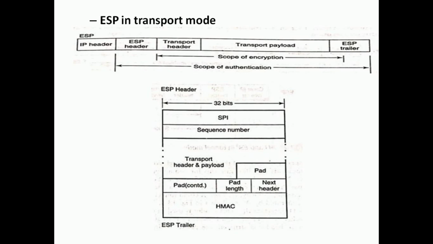MAC is included in the trailer of the ESP packet. The MAC field in the IPsec packet is only 96-bit. So only the 96 most significant bits of the computed MAC are actually transmitted. ESP does not provide protection to any part of the IP header in transport mode. Now if you see, ESP is not going to provide any protection for this IP header.